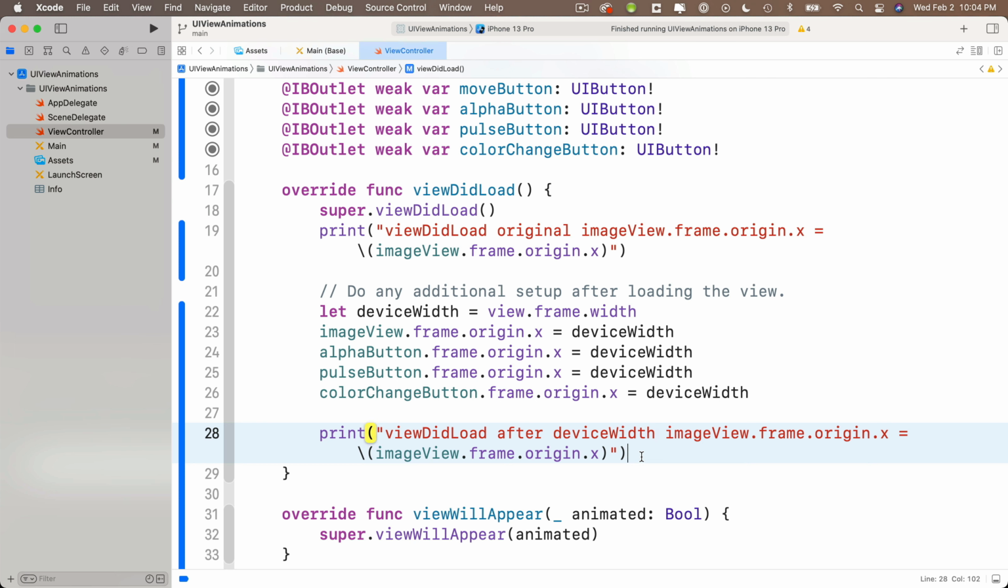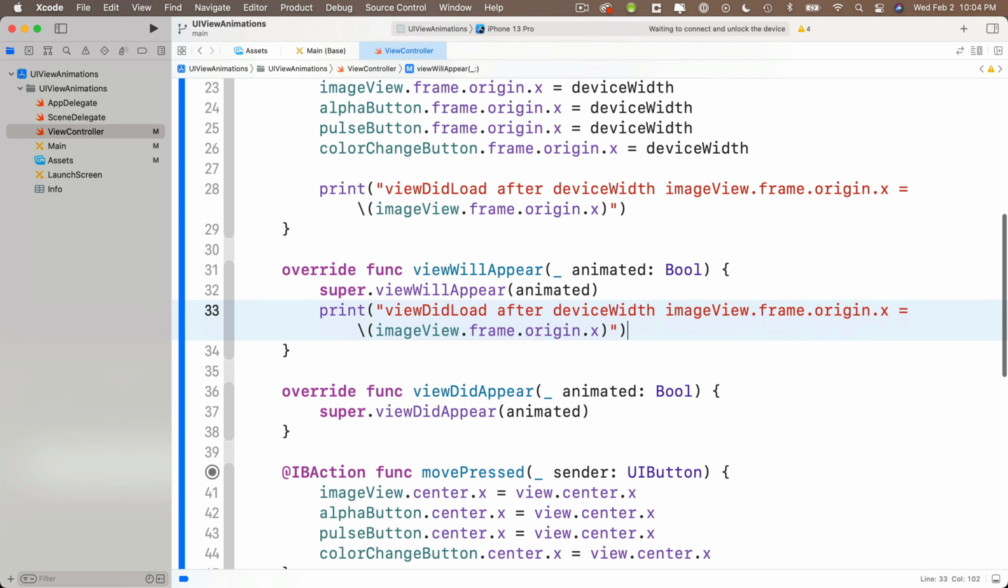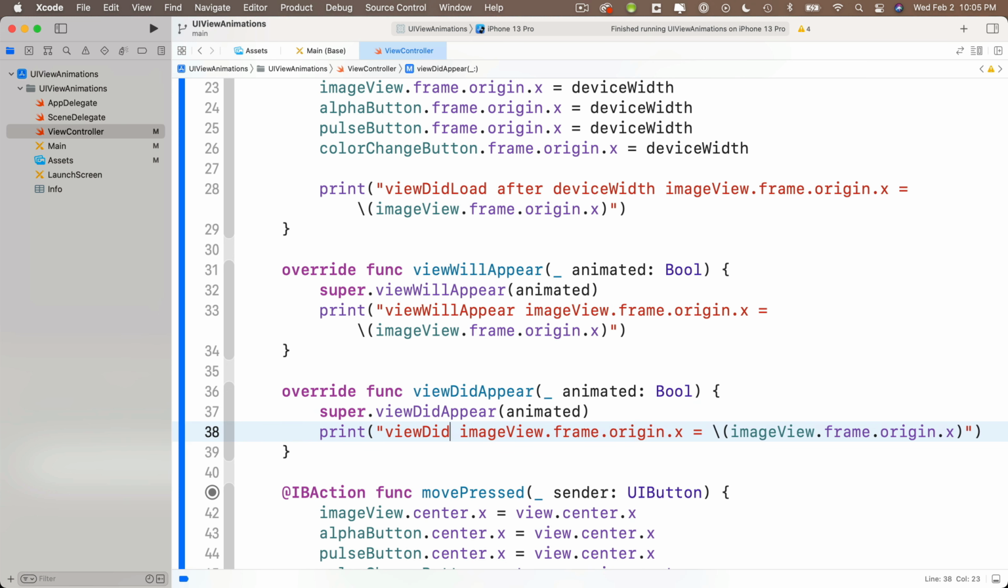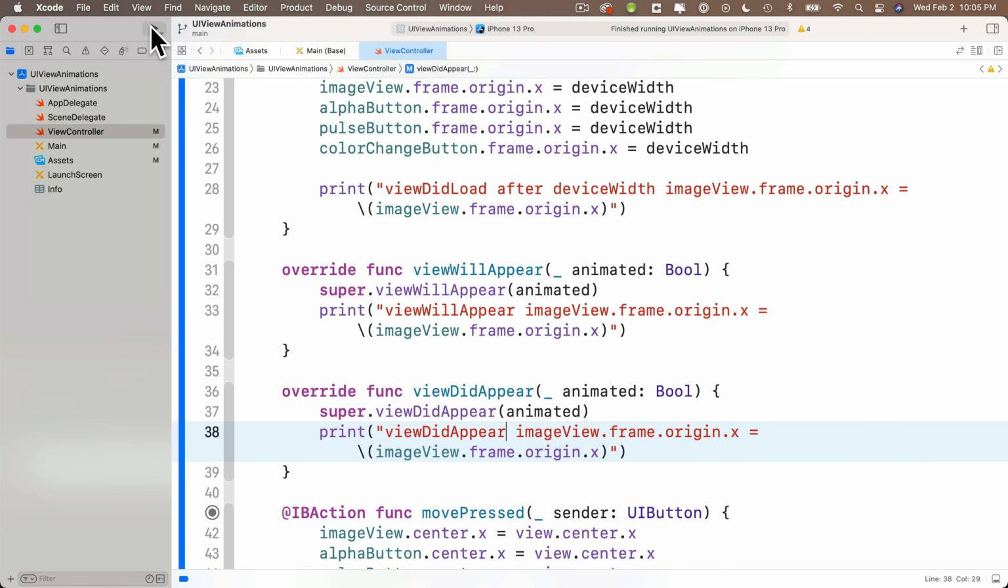Then I'll highlight and copy this print statement, paste it down in viewWillAppear, and I'll change in the print statement where it says viewDidLoad to viewWillAppear, and I'll get rid of after device width. I don't need that there. Then I can highlight this print statement, copy it, paste it below the super in viewDidAppear, and in this print statement, I'll change viewWillAppear to viewDidAppear. So now we can build and run, and we'll watch the console